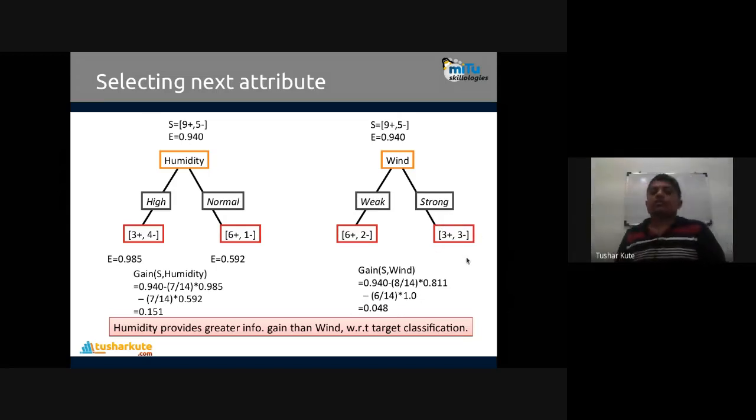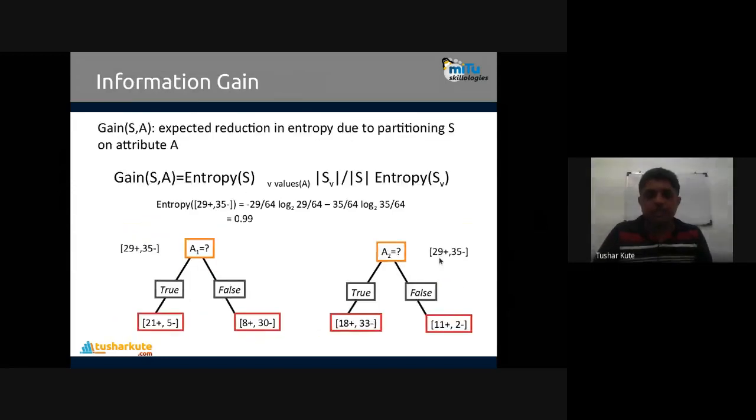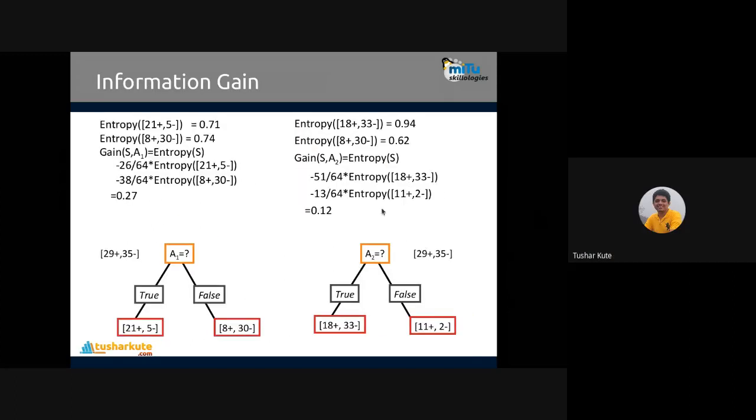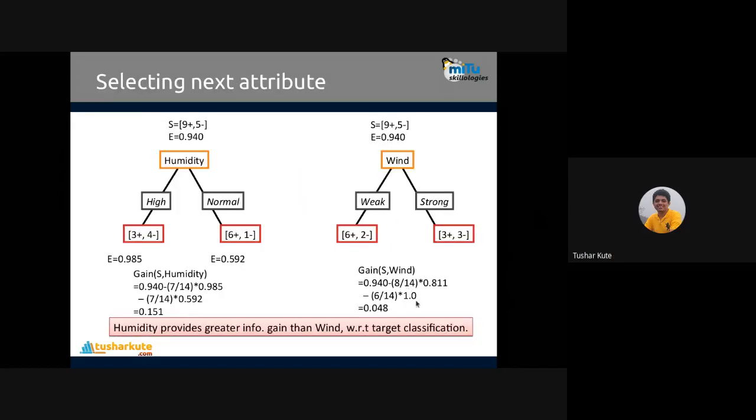What is that? 50-50 is there. Now see, 50-50 is less preferred. That's what to know. When you have a 50-50 classification, you can see that with 50 percent probability the entropy is high. It should be completely on one side or the other side. That's why we get entropy 1 here.